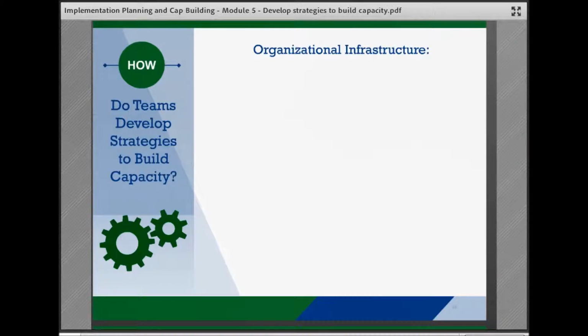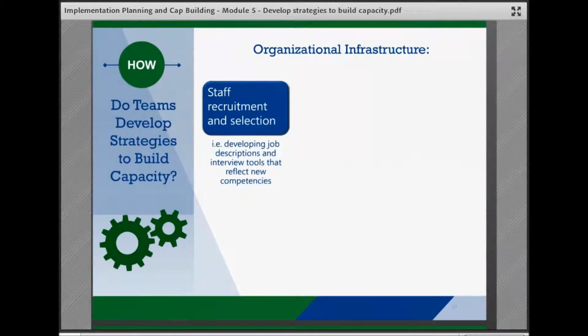This includes systems that the agency would use daily in their regular operations, such as a data and information system, and things that might be specific to the intervention. For example, targeted program evaluation. Teams may develop or refine agency infrastructure and systems, and they should pay close attention to agency needs for implementation supports or drivers that support effective and sustainable implementation of intervention programs or practices.